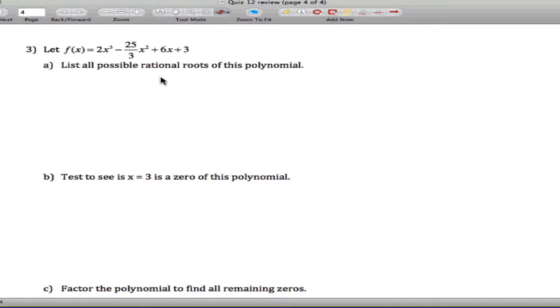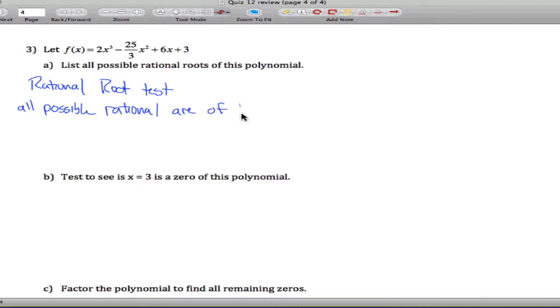So the first one, list all possible rational roots of this polynomial. Okay, that's a little bit tricky. There's this thing called the rational root test. And what the rational root test says is that all possible, so not all roots, remember roots are the same as zeros are the same as x-intercepts. Not all roots, but all of the possibilities, the things that could be them, and not really all roots, but the rational ones. So what I mean by rational are numbers that can be written as fractions. So not the square root of 2, but 3/7. All possible rational roots are of the form